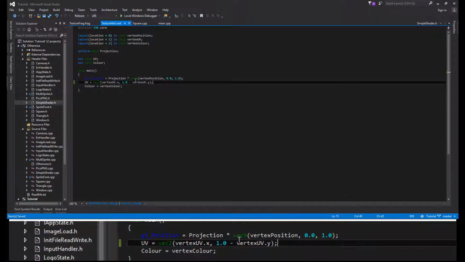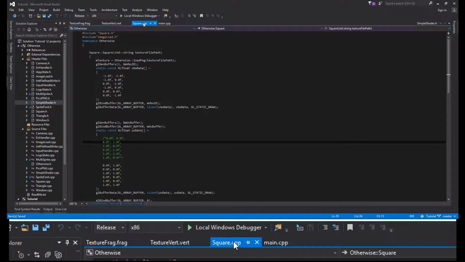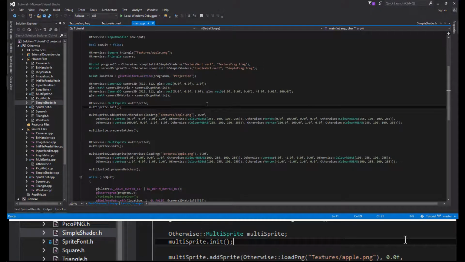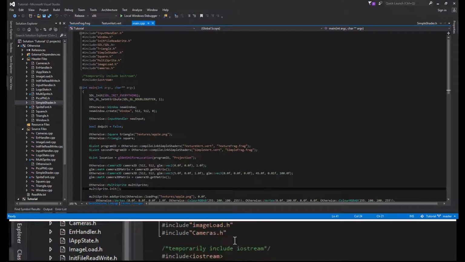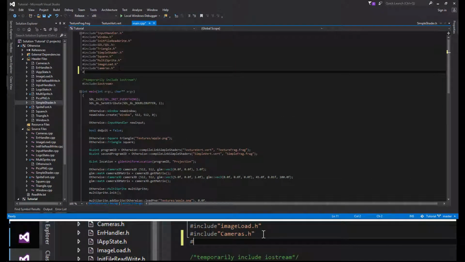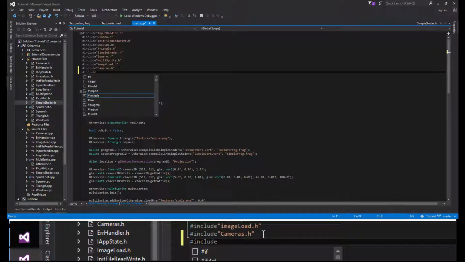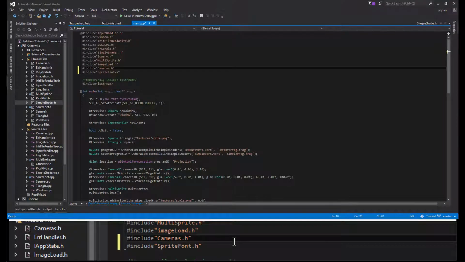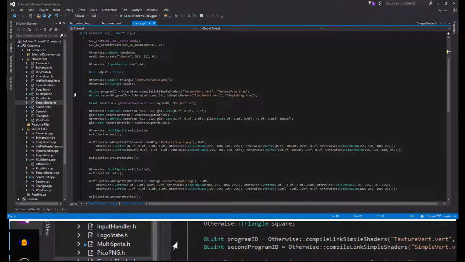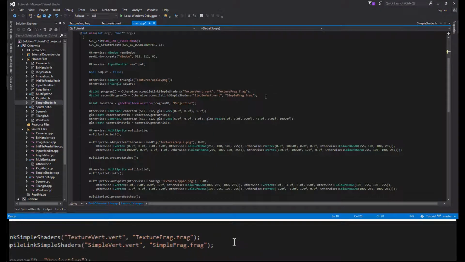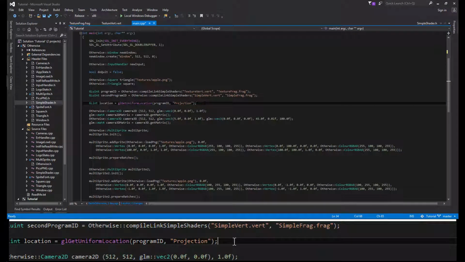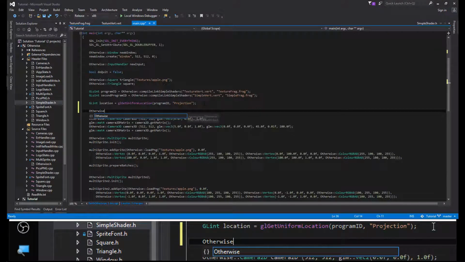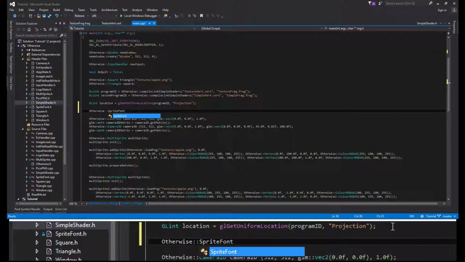But I'll actually show you what happens if we get rid of that. Though obviously you should test on your own before I even show you. But here, we're going to need to include sprite font.h, and we're going to need to create a sprite font. So right around here, let's do otherwise sprite font,